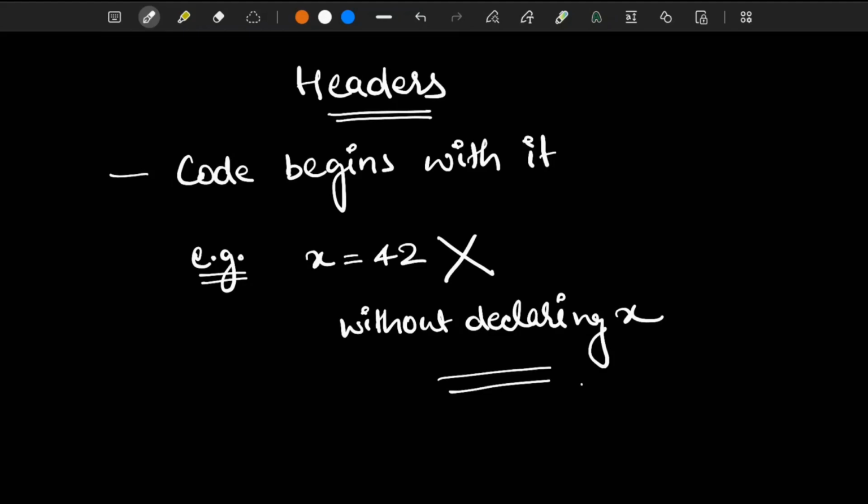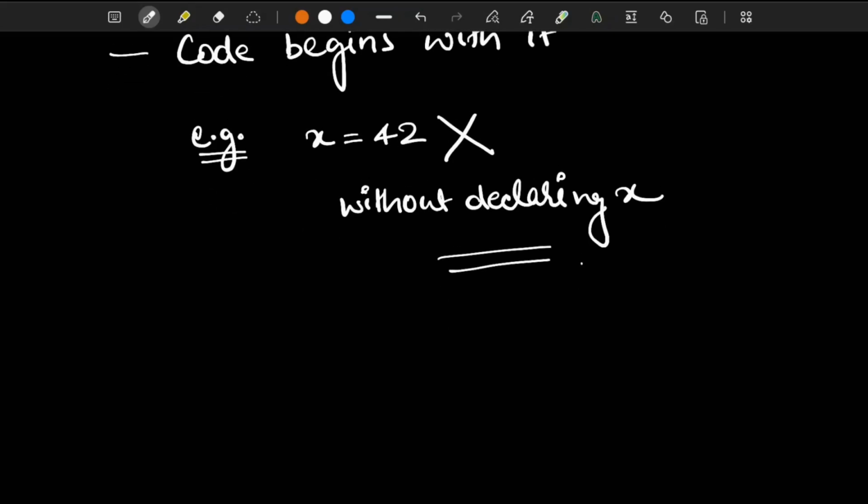Similarly, header files allow us to put the declarations in one location and then import them wherever we need them. This saves a lot of typing in multi-file programs.